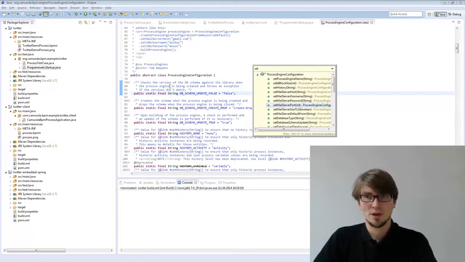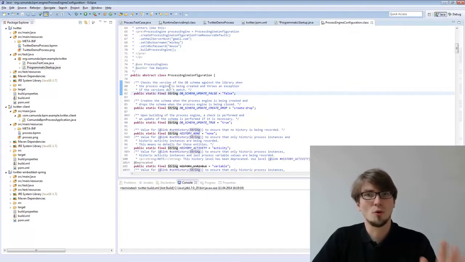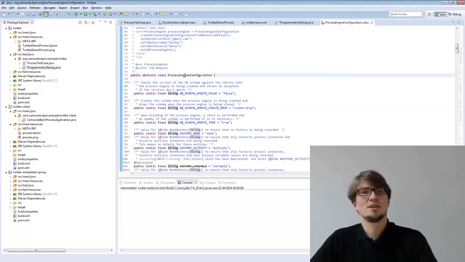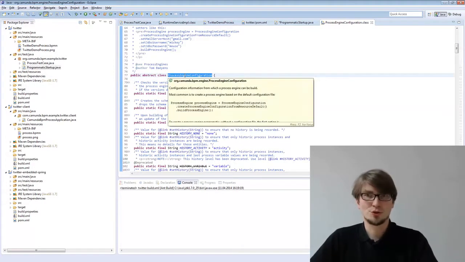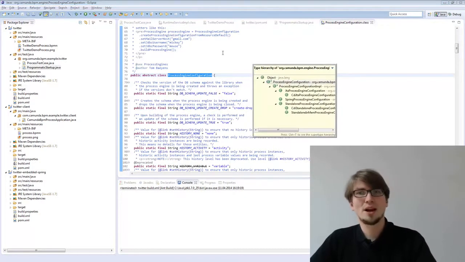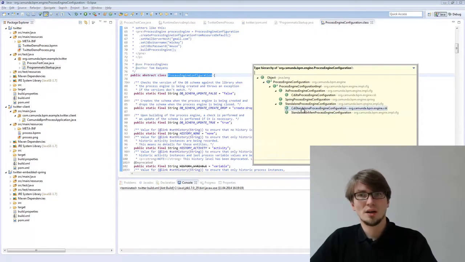So for example, what database you use, or the JDBC connection, or some stuff about the job executor, if it's active or not, and some more, okay? We don't care about the details at the moment. The important thing is if you want to configure something in the engine, the ProcessEngineConfiguration is a good place to search for. And we have a couple of subclasses of the ProcessEngineConfiguration